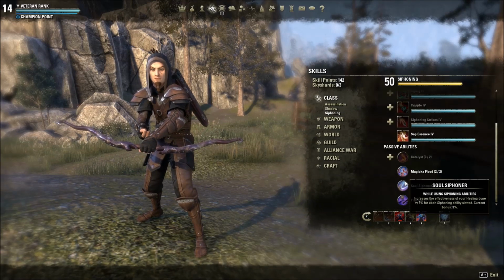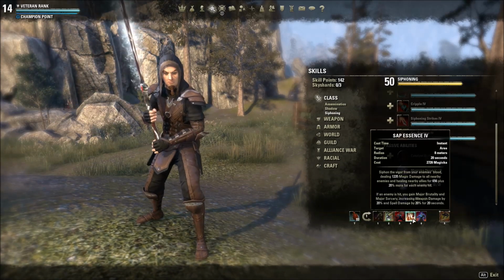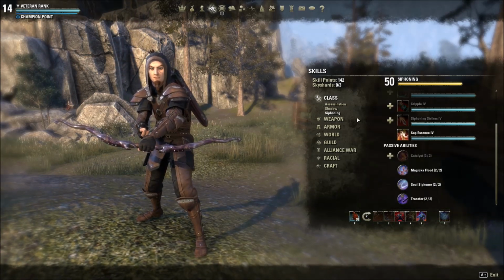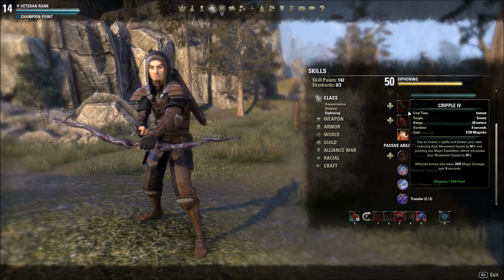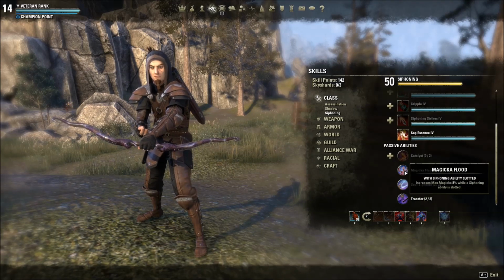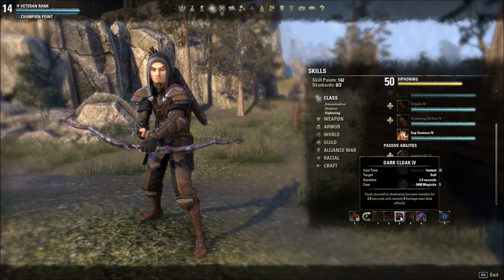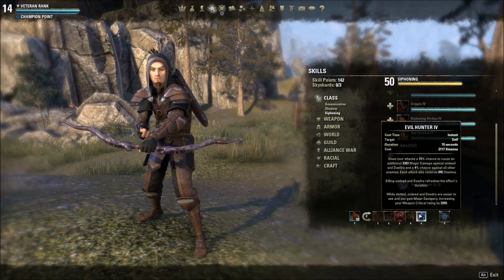So the way the passives apply is still the same as the way that they apply to Sap Essence, which is really nice. And that's the really nice thing, is I'm trying to take advantage of all of the passive skills that I have access to. That's why I try to have a Dark Cloak, which comes from Shadow, and I try to have a Siphon